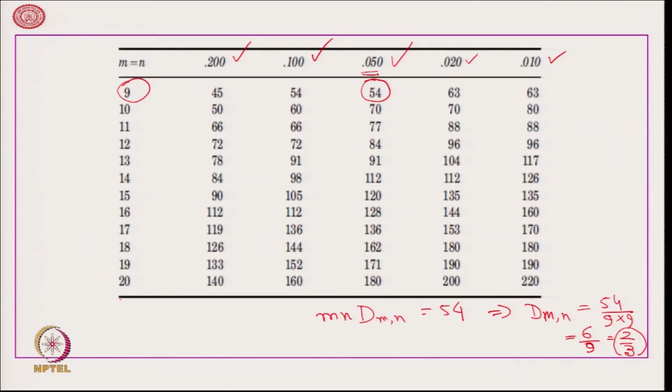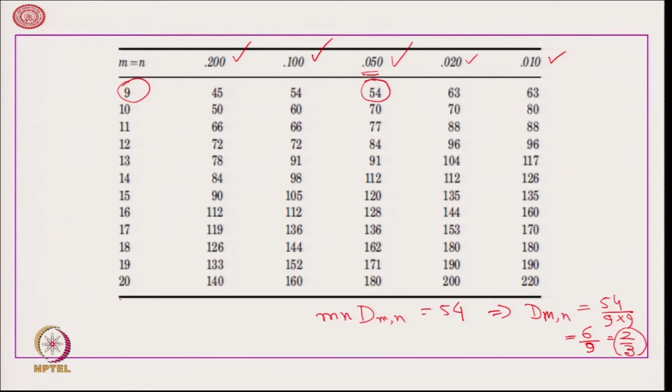So, let me repeat: if two samples are taken of size 9 and 9, then the probability that the maximum difference between their empirical distribution functions will be greater than or equal to 0.67 is